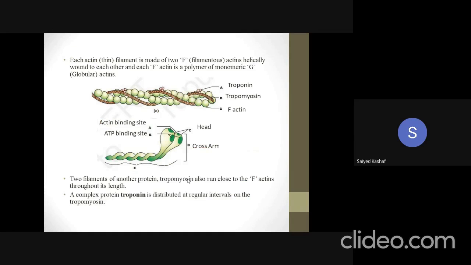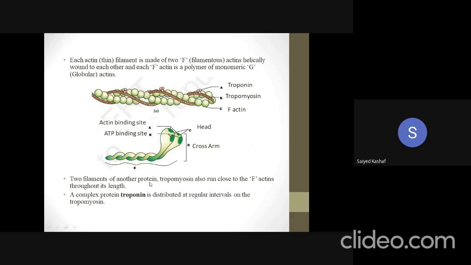Here is the actin filament. This actin filament is made up of 2 F actin filaments, which are helically arranged, right? And each actin filament is a polymer of monomeric G or globular actin. So these green, round, small balls are known as globular actin. When these globular actin polymerize, they form F actin. So 2 F actin filaments helically wind around each other and form an actin filament,